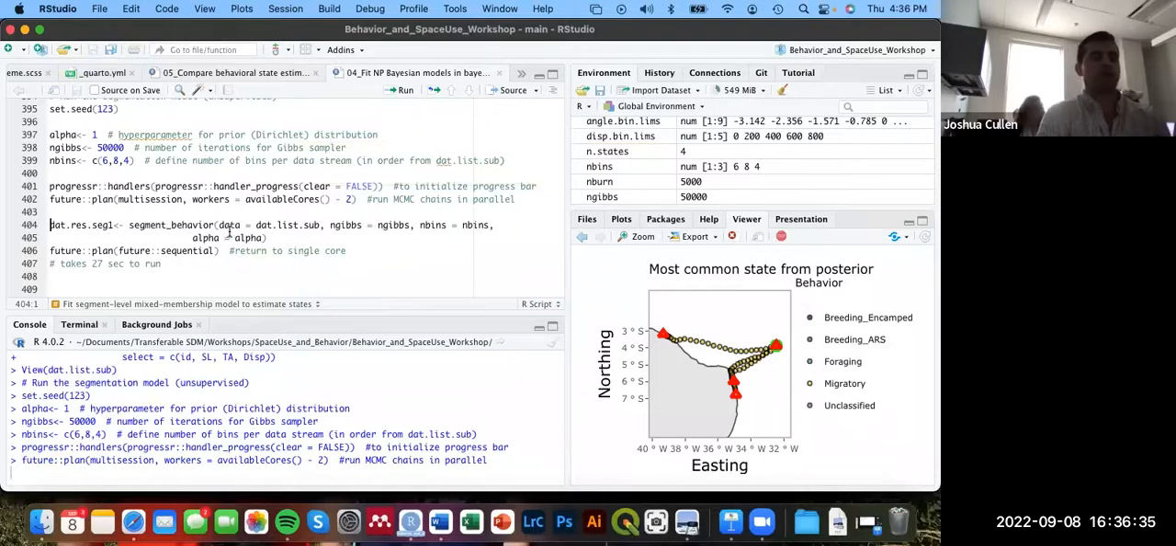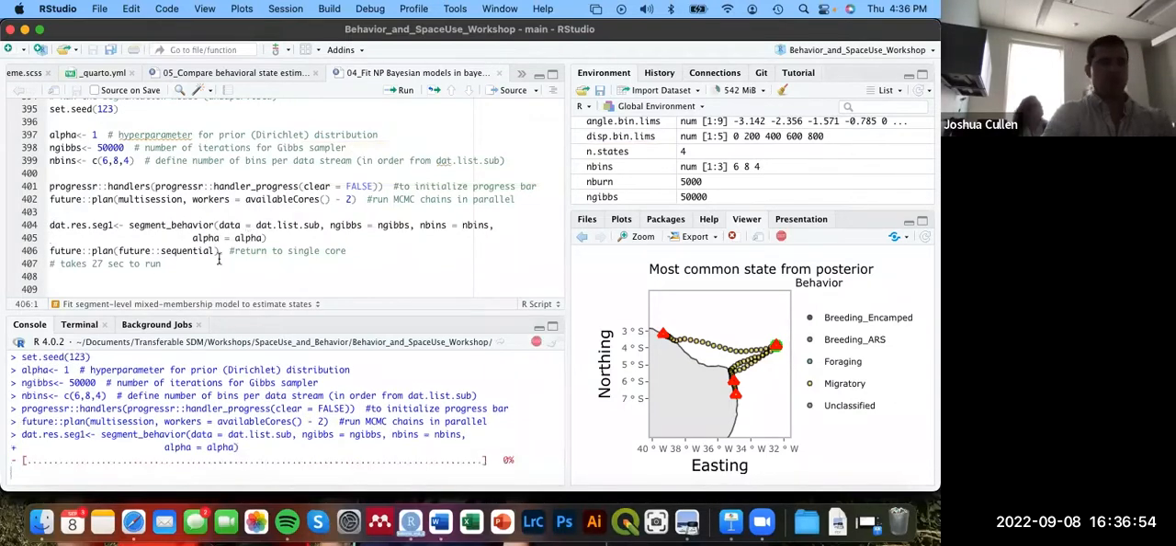And then you would run, instead of cluster obs, the function called segment behavior. You give it this list we just made, then the number of Gibbs sampler iterations, the number of bins in this concatenated vector, and then the value for alpha, the hyperparameter. And it should take about 27 seconds to